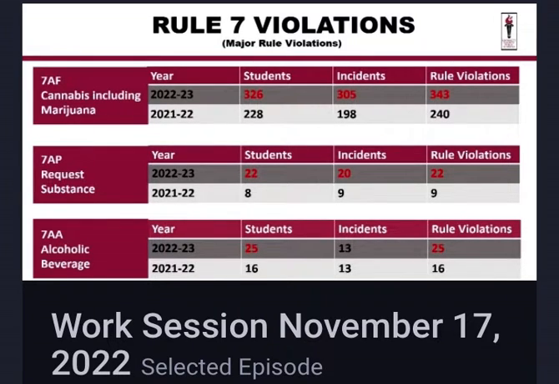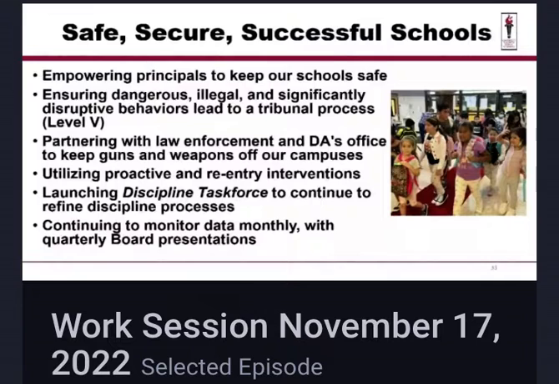Again, we see an uptick here: 305 incidents for this year involving 326 students and 343 rule violations. So we know that our student behavior data